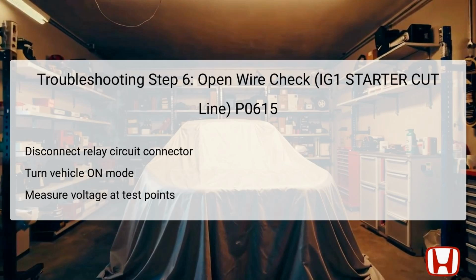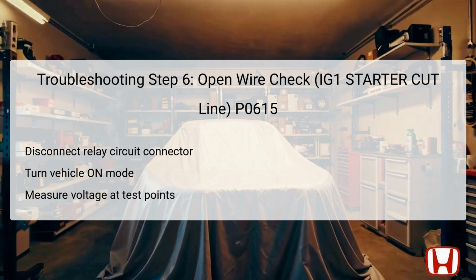The sixth and final troubleshooting step involves checking the IG1 starter cut line directly. To start, disconnect the relay circuit board connector C to isolate the circuit. Next, turn the vehicle into on mode to activate the electrical systems again, ensuring the relay is engaged as you measure. You will need to gauge the voltage between two specific test points: female terminal number 20 on connector C